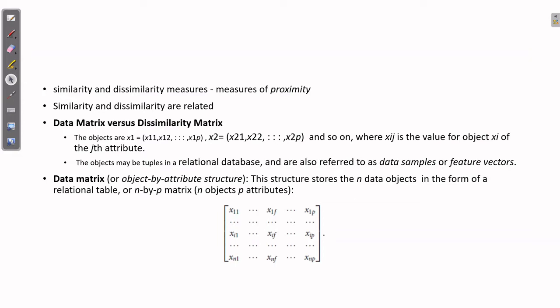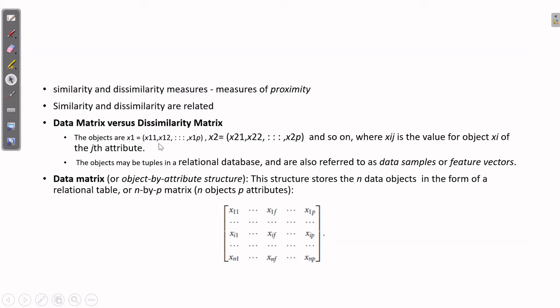Now, before moving on to the different similarity and dissimilarity measures, first we will talk about what a data matrix is and what a dissimilarity matrix is. We said objects. Data consists of data about objects, like the customers of a telecom service provider. Every customer is an object. Each customer, say x1 is an object or a person, is represented using a set of features or a feature vector. I think we already looked at the term feature vector.